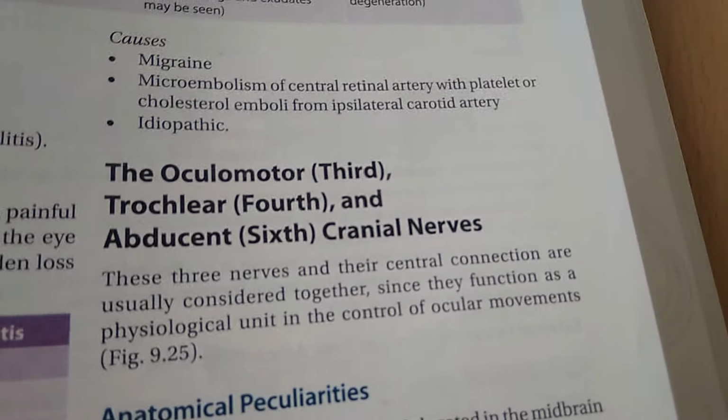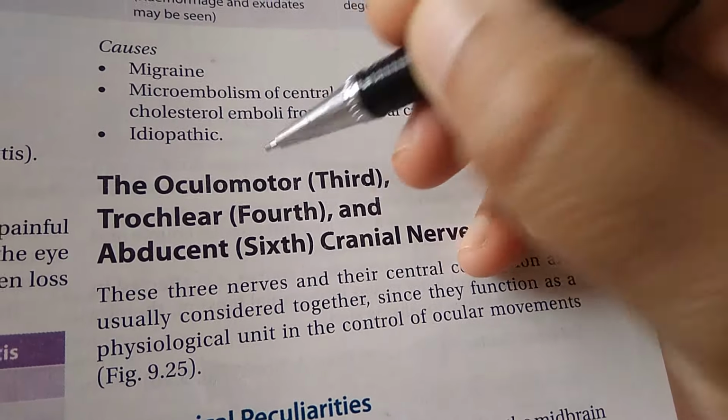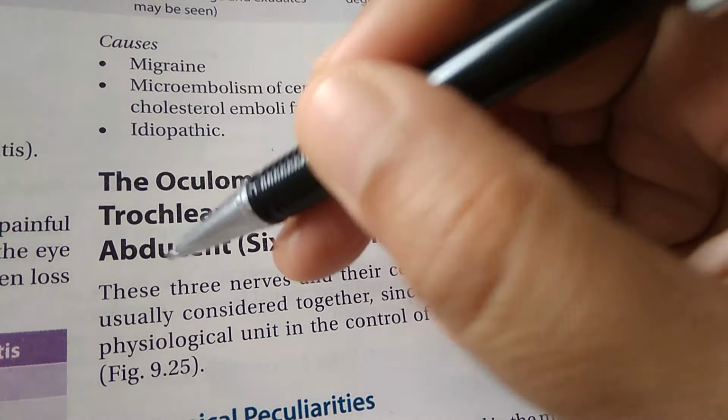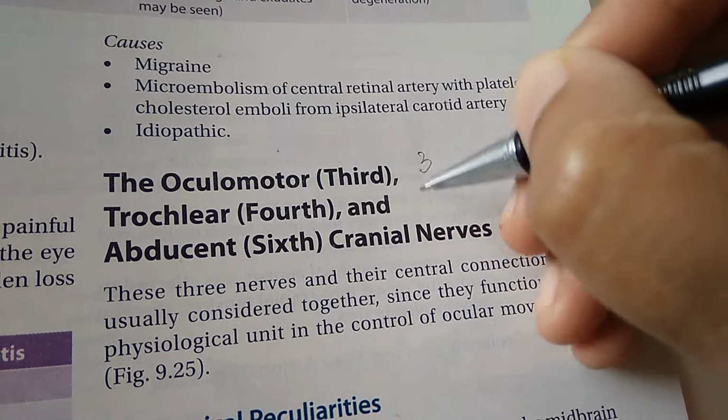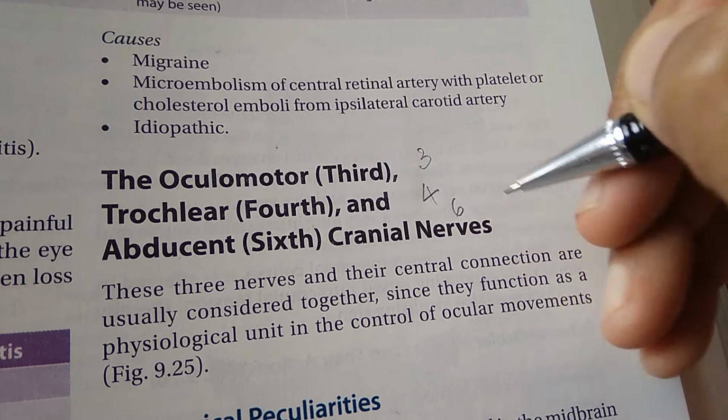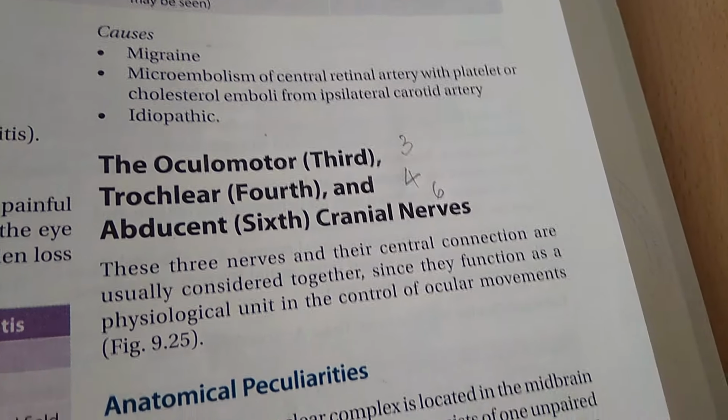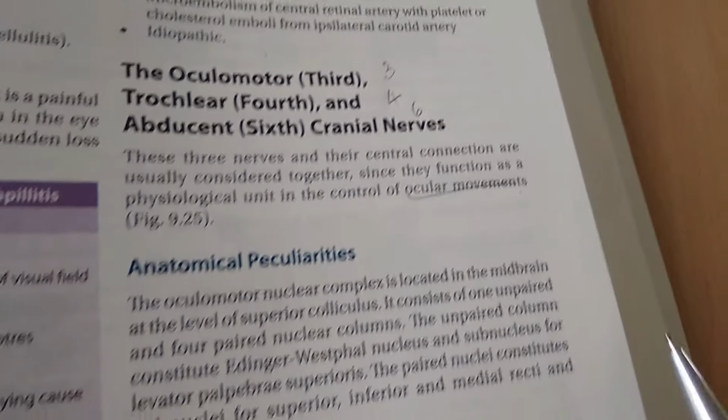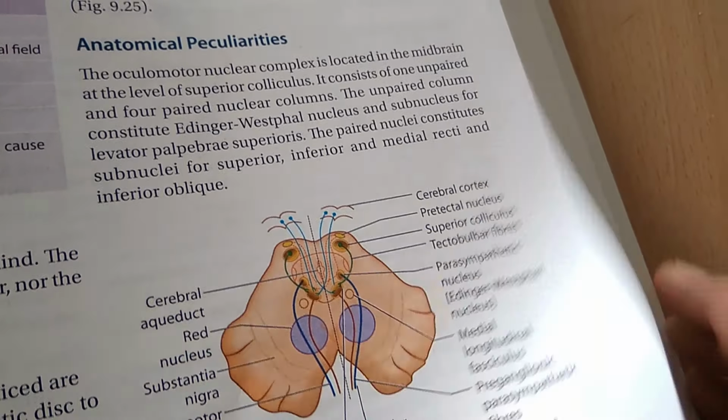Now let us move to the third cranial nerve. What is the third cranial nerve, guys? Where is it? Okay, here it is. So this is the oculomotor nerve. So oculomotor, the trochlear which is 4th, the abducens which is 6th. That is the 3rd, 4th and 6th. They are checked at a time. This is nothing but ocular movement. So can they move the eyes properly?